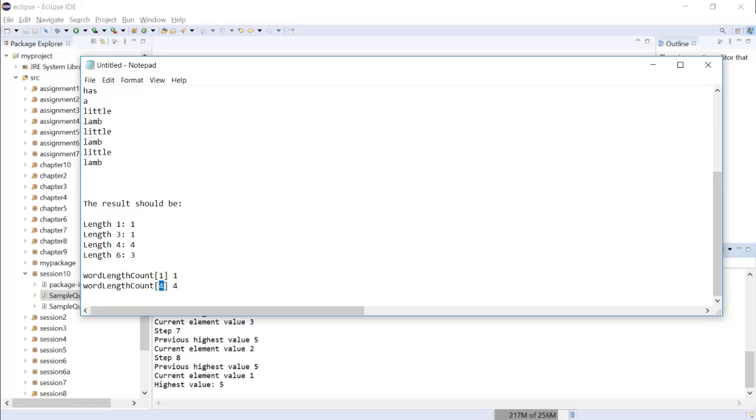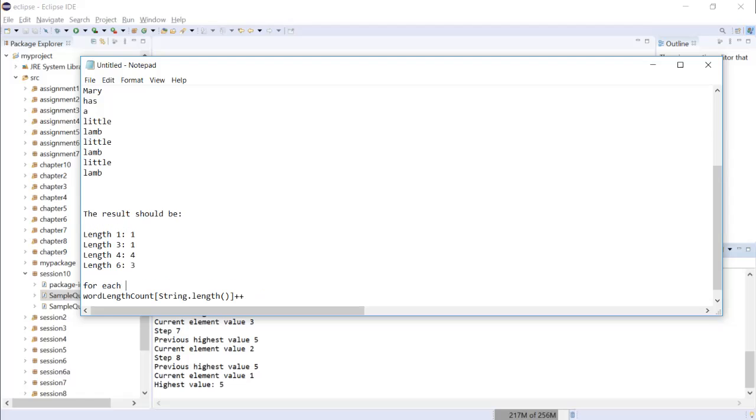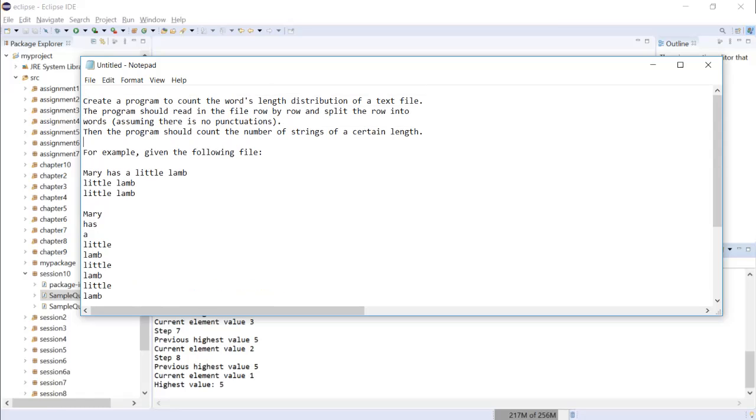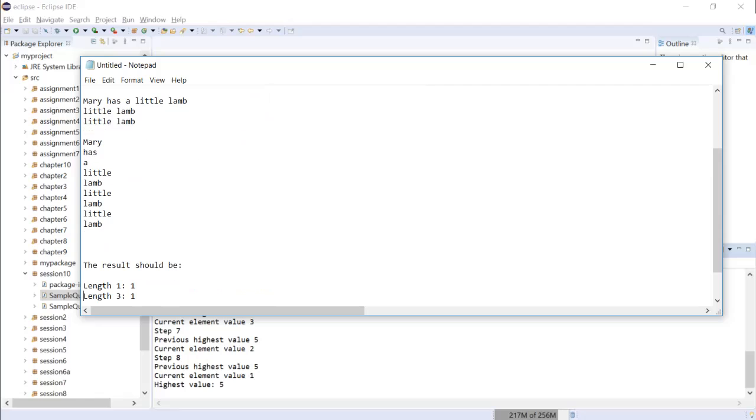And basically, as you can see, it will be the string dot length. The string dot length will be the subscript of the processing, and we will just do a plus, right, for each word. Now the question will become, so we're here with count. This means for each word, string length count. The question will be,